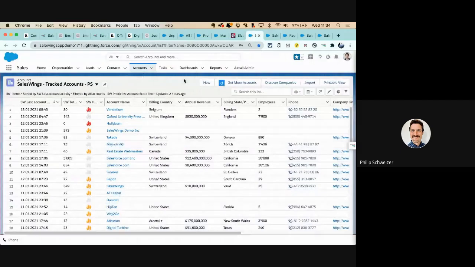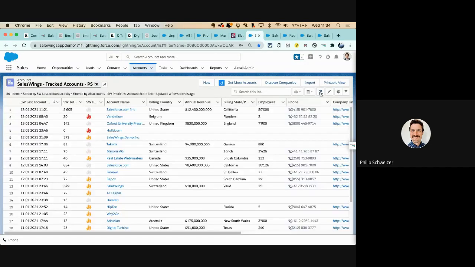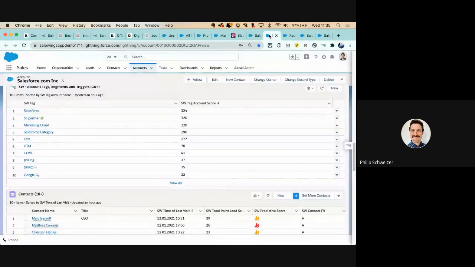Now, furthermore, account-based marketing and account-based sales is also very important these days. And we see companies where sales teams work a lot around leads, others work a lot with accounts or even opportunities. So we do push data up to the accounts. We see here, Salesforce, last account activity, 11/21. We have an account predictive score, matches up predictive scores, etc. So we do have this ability as well.